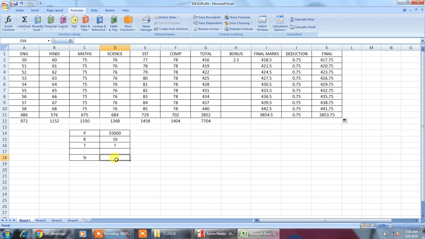So the formula we are well aware of is SI equals PRT upon 100. So we can calculate it like this: equal to P, for this D14, into D15, into D16, and divide by 100. Whenever you click enter, you will find that simple interest has been calculated automatically.